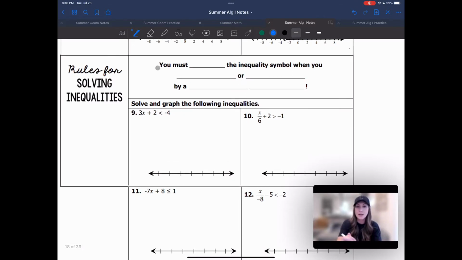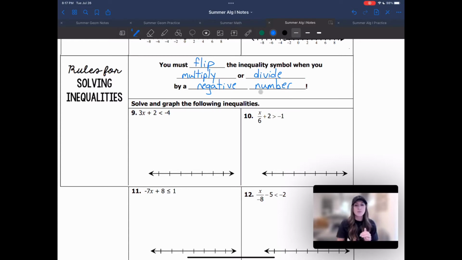So it says you must flip or switch. We'll go with flip. You must flip the inequality symbol when you multiply or divide by a negative number. So let's fill this in. And I'll explain how this works after this. So if you multiply or divide by a negative number. Okay, and that's if you multiply or divide both sides of the equation or the inequality by a negative number